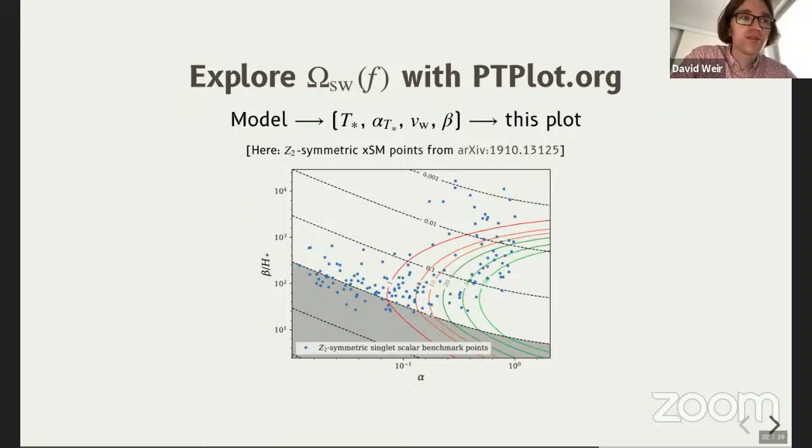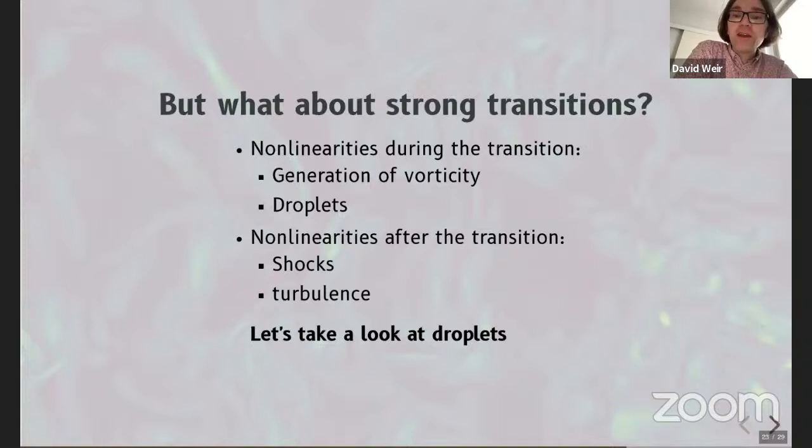So that's the sort of thing that you can do with PT plot. Okay, so weak transitions are fairly well understood. Again, there's some dotting of i's and crossing of t's still to do, but there's plenty more than just weak